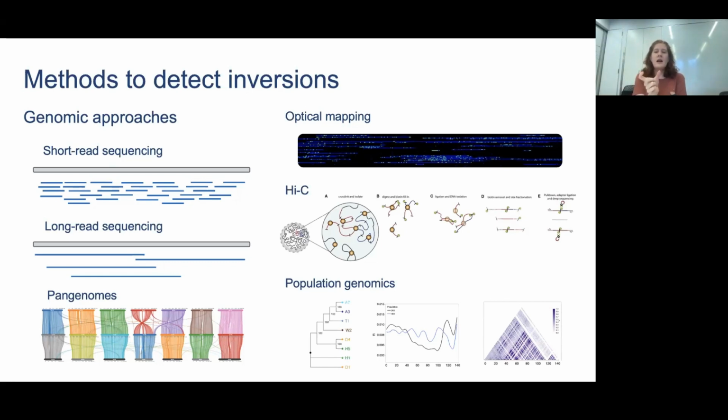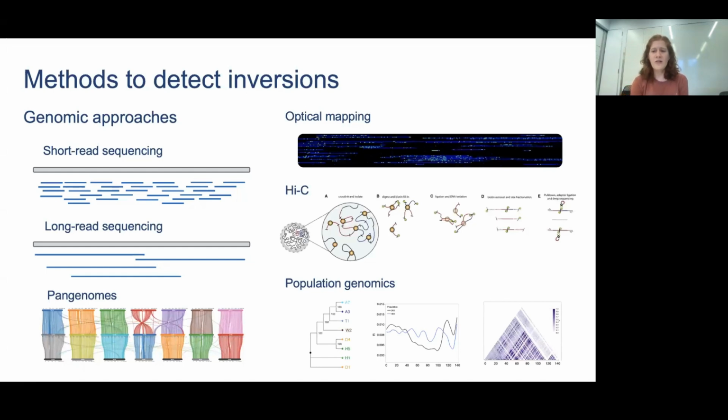And because inversions have reduced recombination, they will show this large block of linkage disequilibrium and a different evolutionary history to the average of the genome. So these Hi-C and population genetics approaches are what a PhD student in the lab, Kath, is doing. Okay, so I think I have a few minutes left, but to conclude the talk,